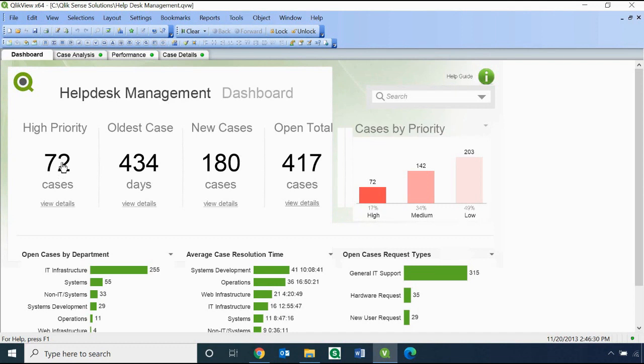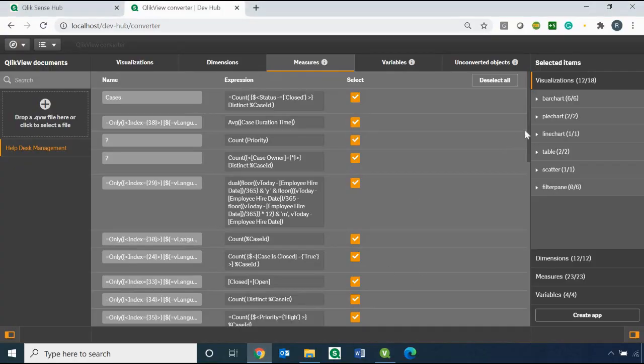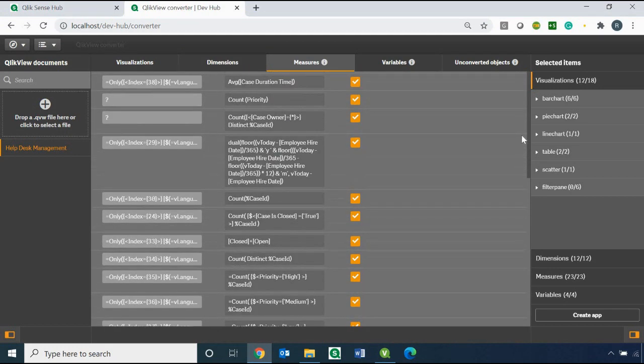For example, if I go to the properties of this, I can see that this is the text box and this is the expression which is written for this text box. Now if we go back again to the QlikView converter, in the measure tab you will not find that particular expression listed here, right?